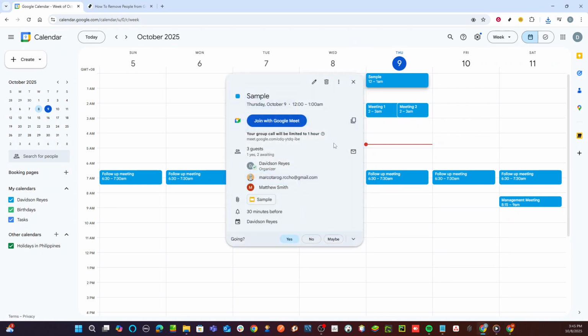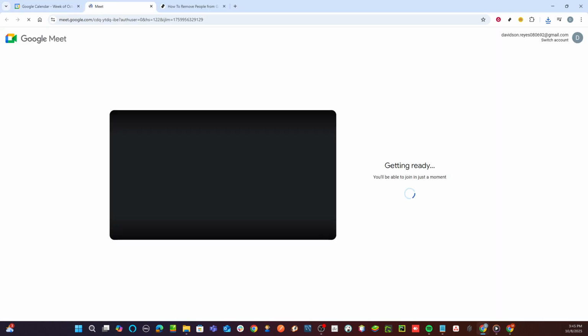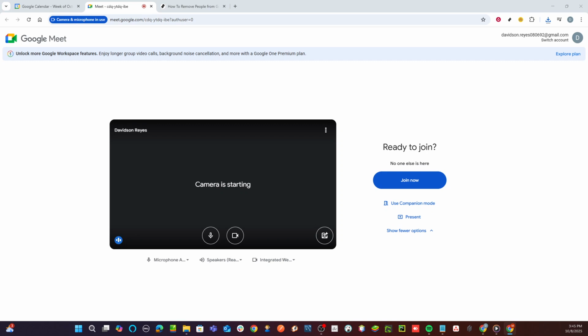After opening the details of your meeting, you'll notice an option to join via Google Meet. Go ahead and click on the Join with Google Meet link. This will take you directly into the meeting, provided that it's already started, or it will prompt you to start the meeting if you're early. When you're ready to enter the meeting, you'll see a Join Now button. Clicking this button will officially place you into the meeting space, and from here, we can begin to manage the